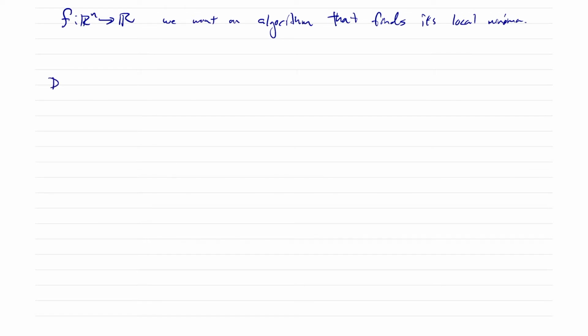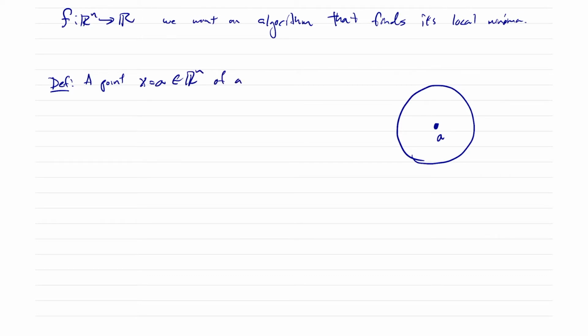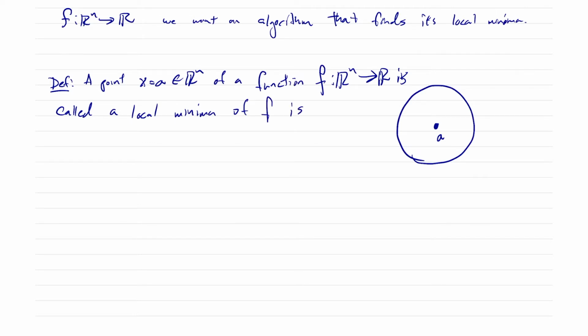So we'll go ahead and start with a definition, and so we'll draw a little picture over here. It would say a, right? And we're going to put this little ball around it. So definition: a point x equals a in Rn of a function f going from Rn to R is called a local minima of f if